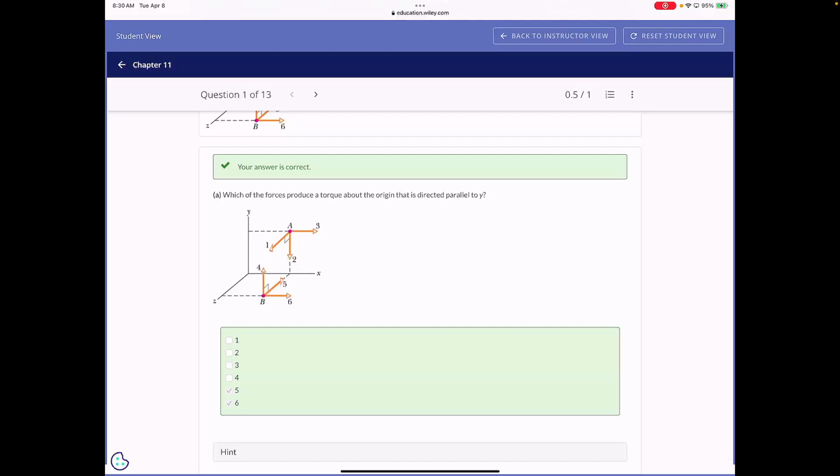The only way for it to be along the y-axis is for these two to only have x and z components. And so just looking at the diagram, I can go, well, 4 doesn't work. 4 is in the yz direction. But 5 and 6 and the radius vector from the origin to B, those are all lying in the xz plane. So no matter what